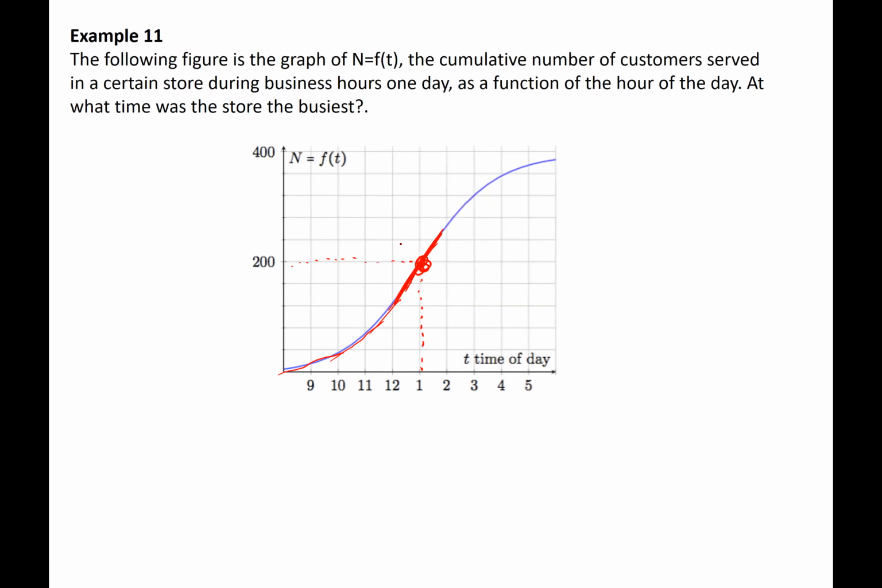That means the store is busiest when the rate of change of the total number of customers is maximum. And this is where the slope of the curve is the steepest. This is happening exactly at 1. That means I can write that the value of the derivative, the rate of change, at 1 is the largest. Okay, has maximum,